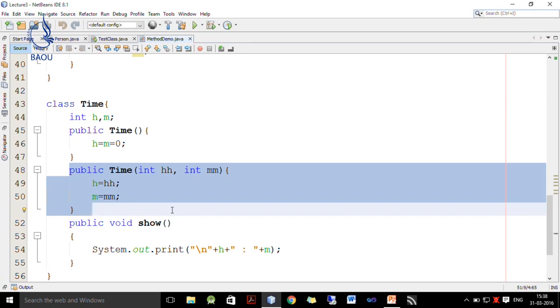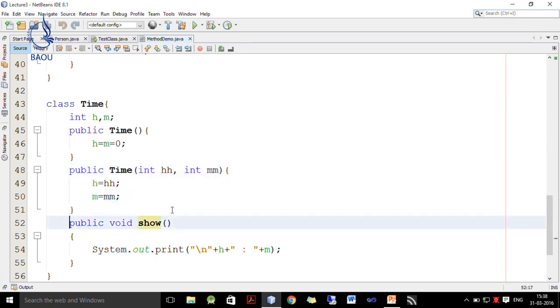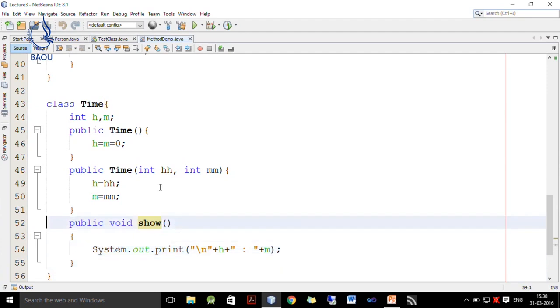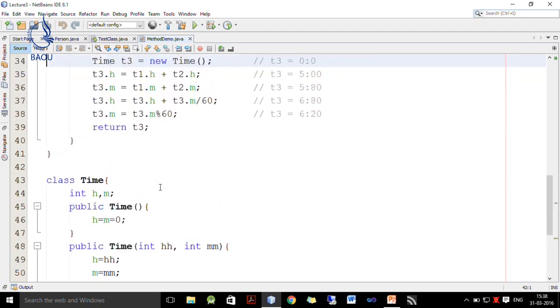So, here h represents hour, m represents minutes. h is initialized with h and m is initialized with m, and this show function just displays our time in hour colon minute format. So, show just displays the values of h and m which represent hour and minute. I hope this Time class is clear to you.